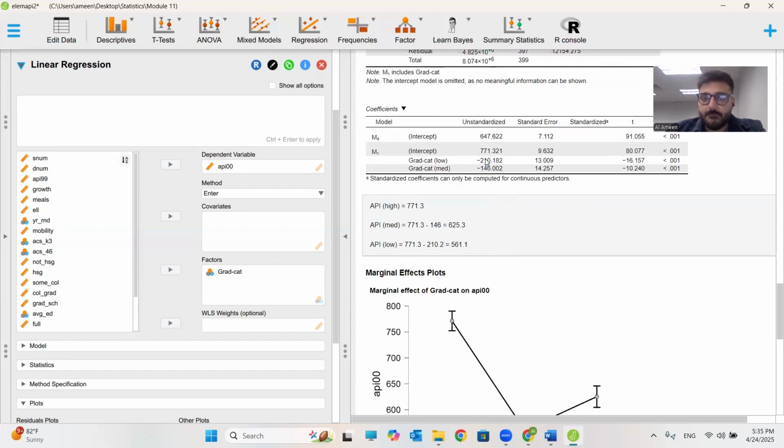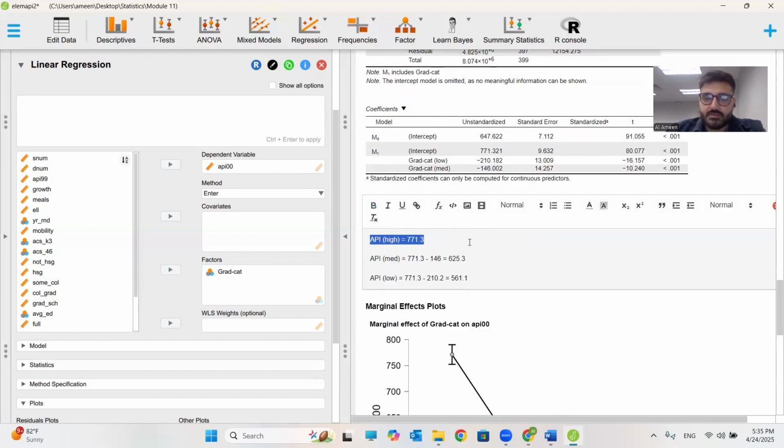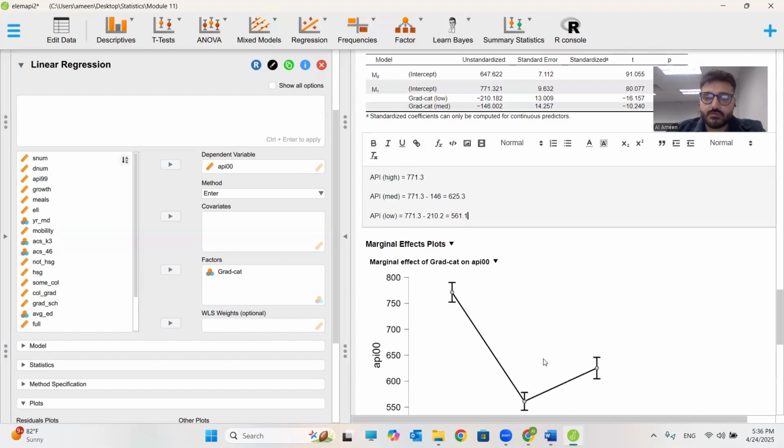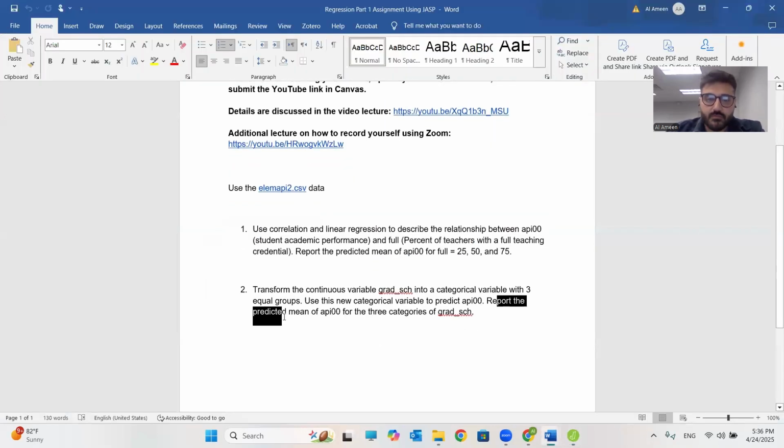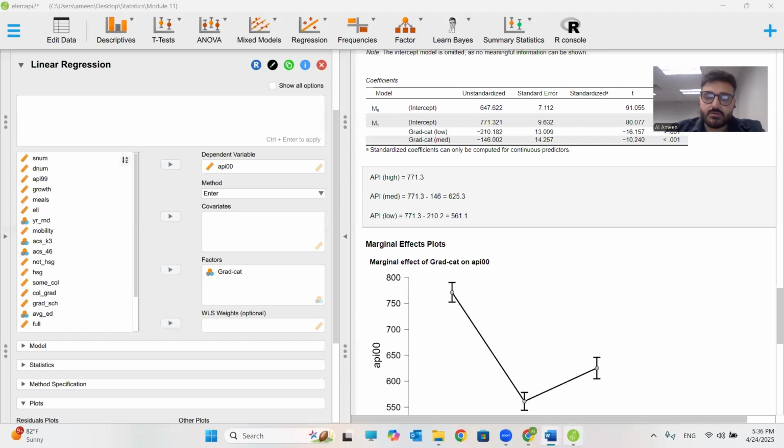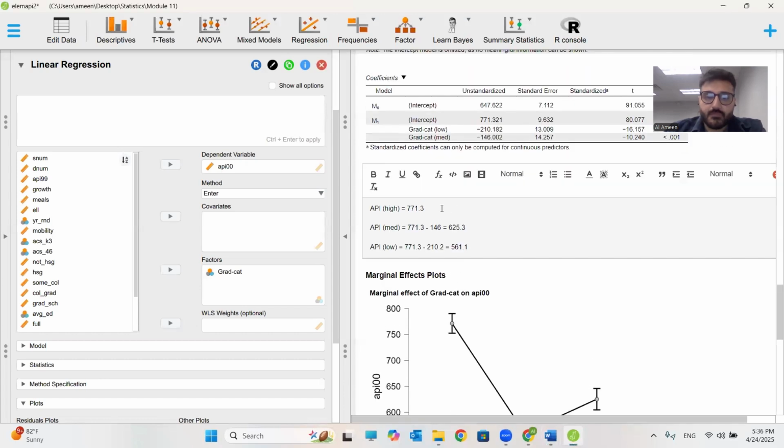210. And I made these 3 lines over here to answer the question. Basically, the question is asking me to report the predicted mean of API for the year 2000 for the three categories that we just created. So going back to JASP, we can calculate the API for a school with a high degree of kids with parents who went to grad school. It's going to be